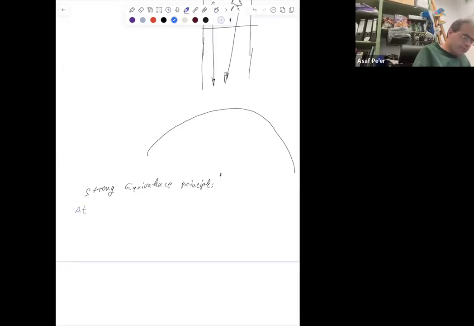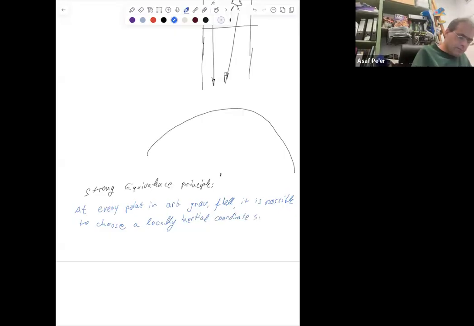At every point in an arbitrary gravitational field, it's possible to choose a locally inertial coordinate system such that within a sufficiently small region of a given point,